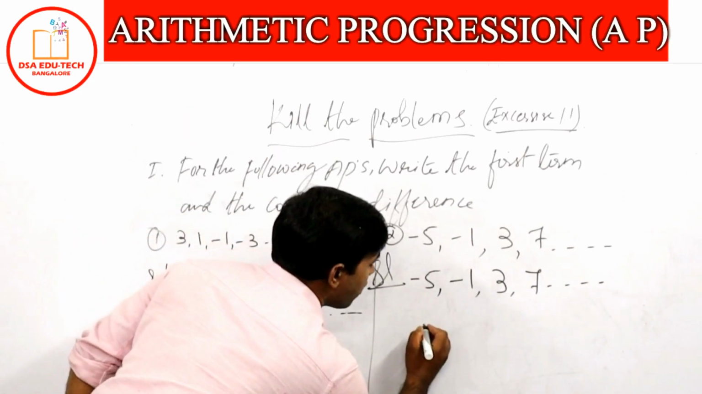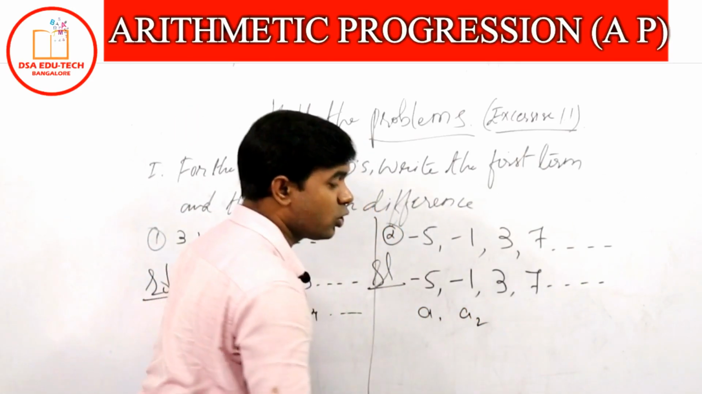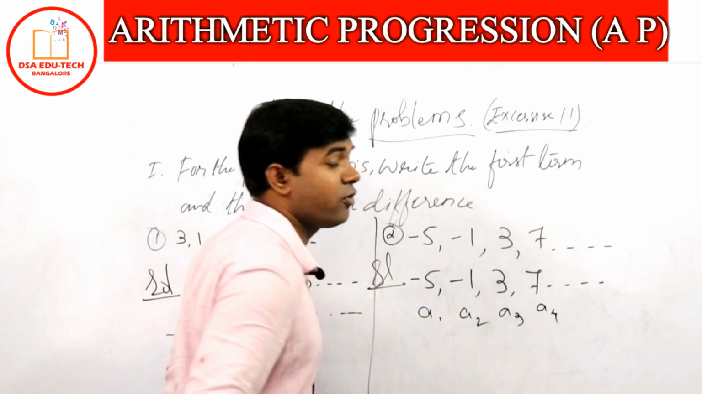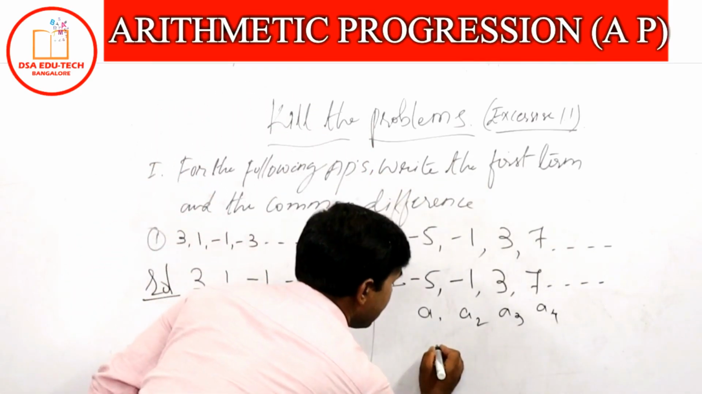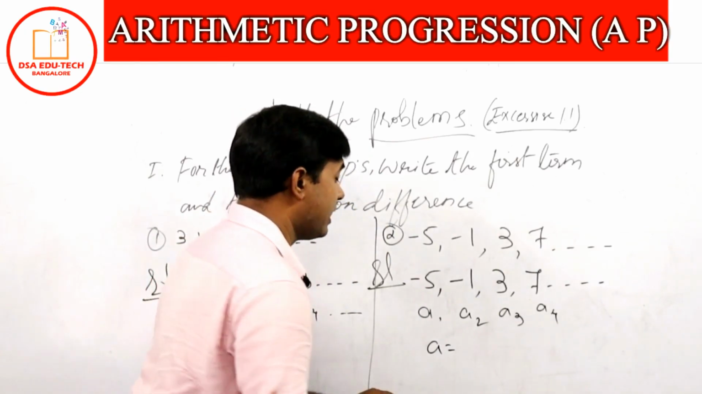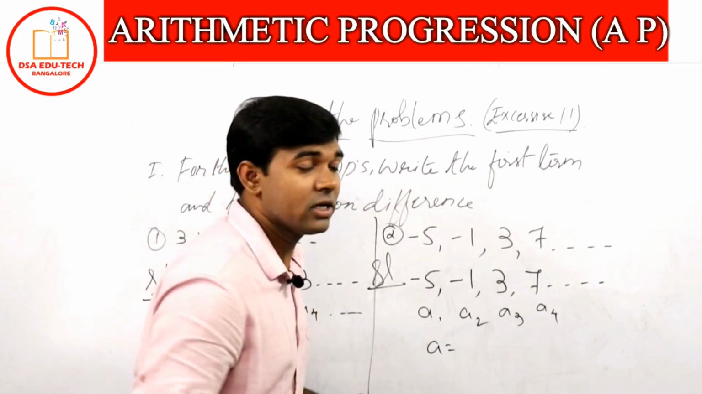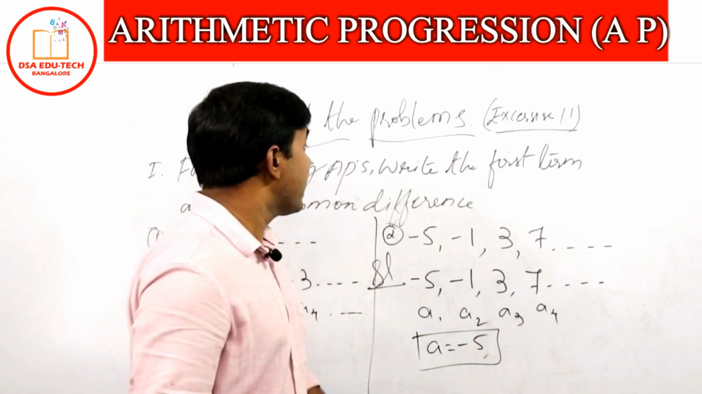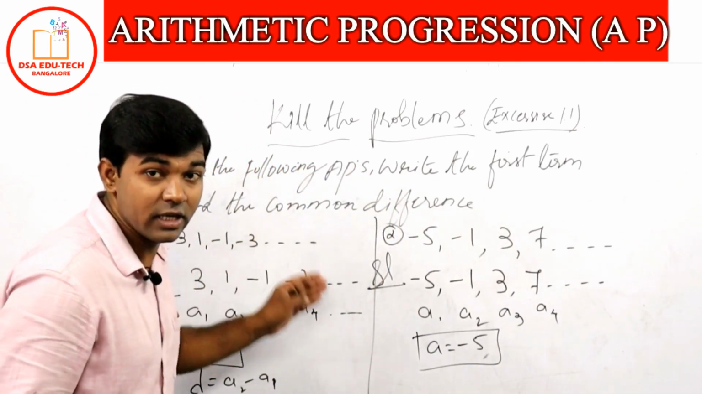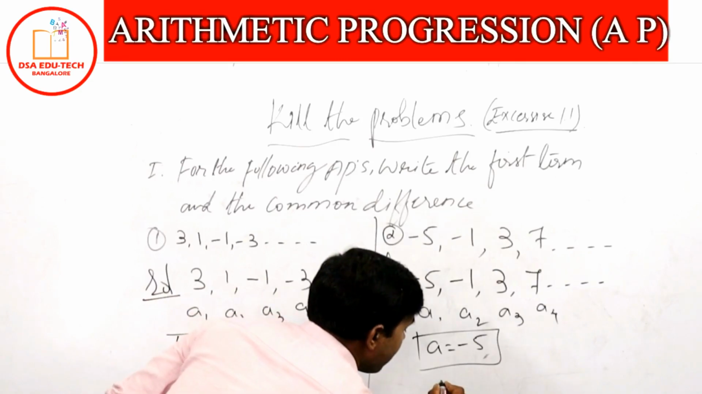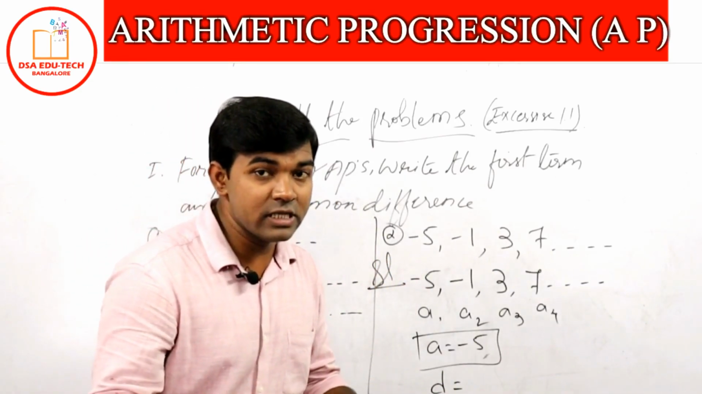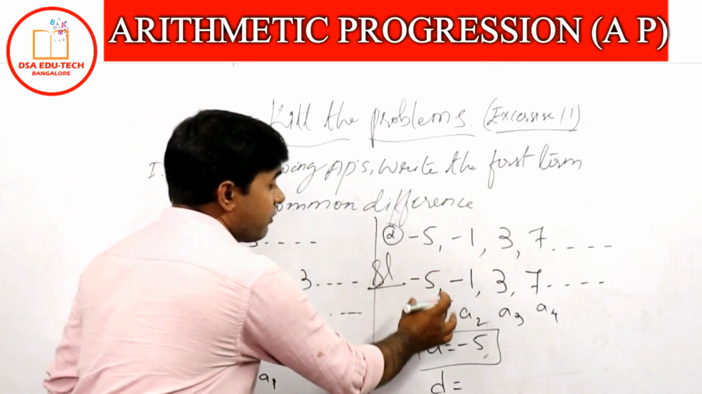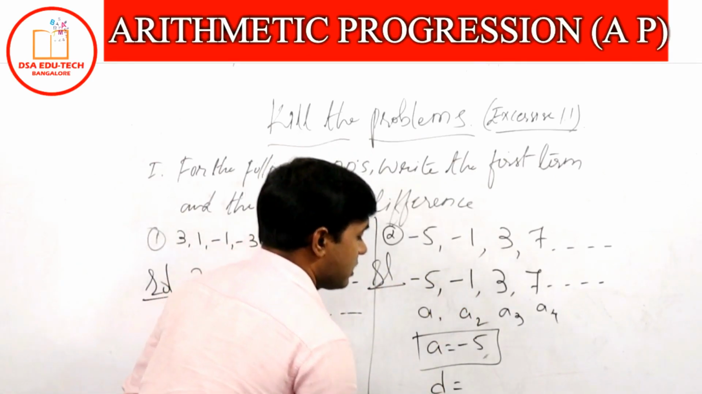So here the first term, let me write A1, this is A2, this is A3, and A4. So let me write the first term. A1 is nothing but the first term, and in this case the first term is how much? Minus 5. The first term is minus 5. Very good. Now moving to the next, in the problem they are also asking us to find the common difference. So common difference D is nothing but the succeeding term minus the preceding term. That is, in this case if I take second term minus the first term,